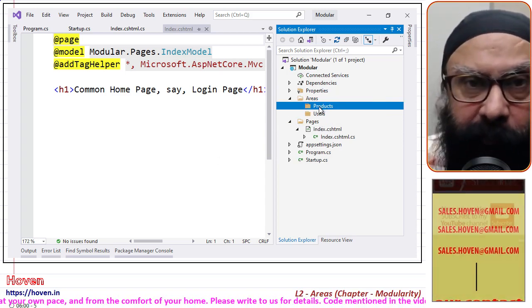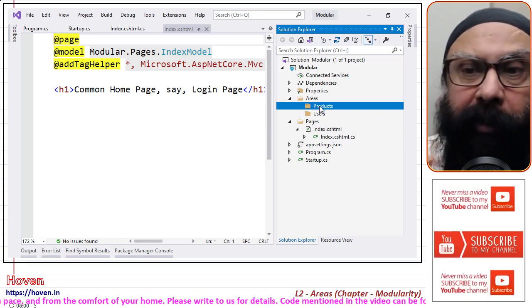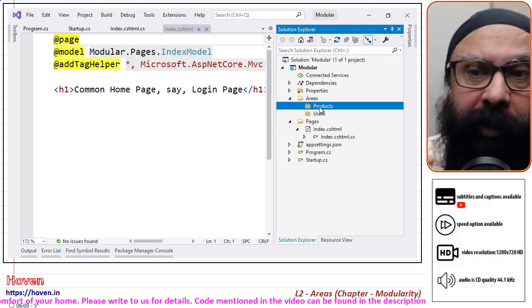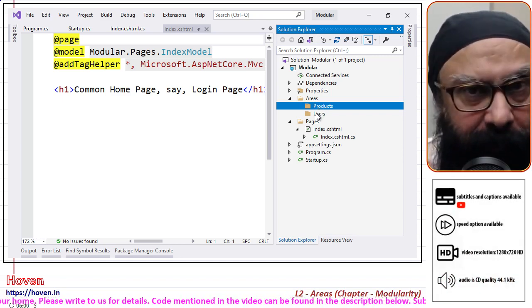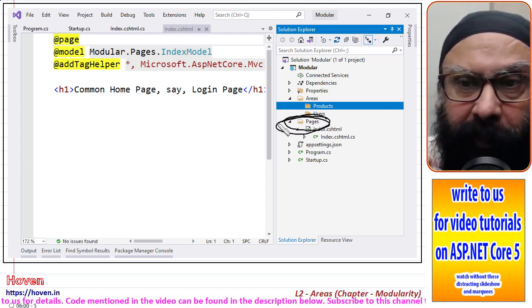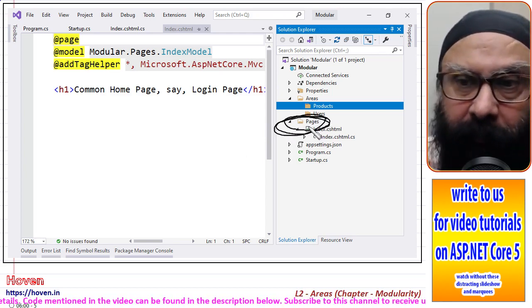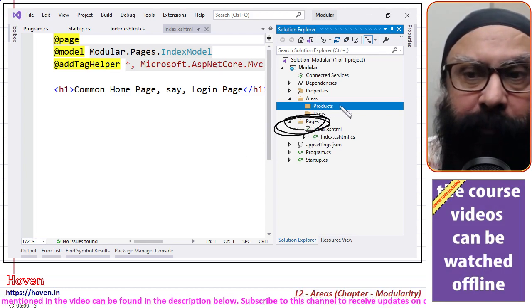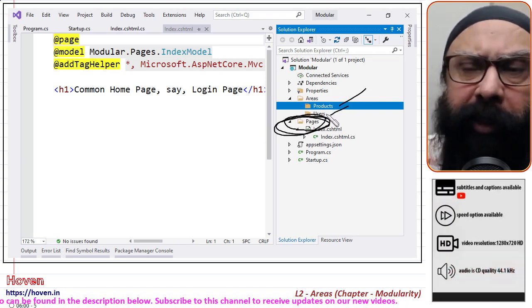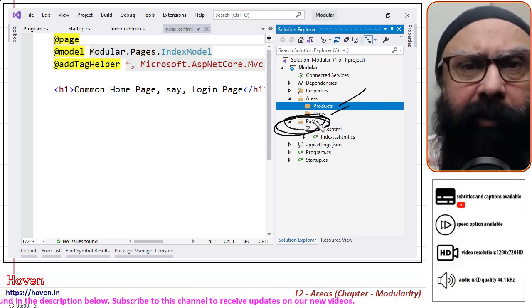Inside this Products folder, I will create a whole chain of pages, the same chain as it exists in the root of this website. There we have a Pages folder. The same chain will be required in Products also and in Users also, because we are after all creating two more websites in the same website.